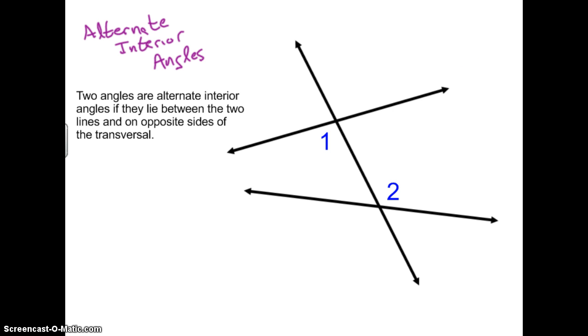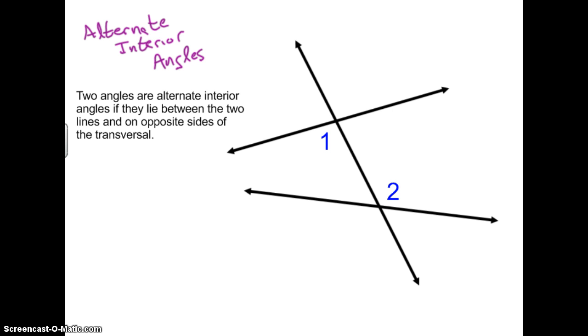They lie between the two lines. That means the two lines that aren't the transversal, and this is what they mean by between them. So they lie in the interior space. And they're on opposite sides of the transversal. Notice that angle 1 is to the left of the transversal and angle 2 is to the right of the